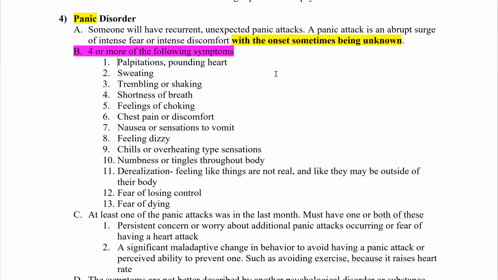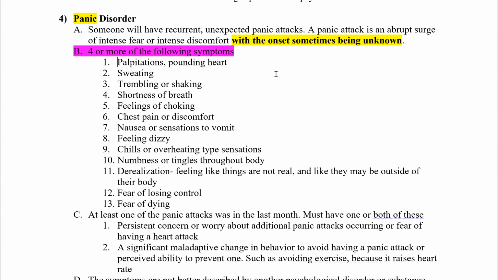Fear of losing control, and fear of dying. So the huge theme here is a lot of theirs is going to be physiological sensations within their body. And that's where if you see a question that has a lot of physical symptoms involved in it, and the length of time meshes well with this, and it doesn't explicitly say panic attacks,